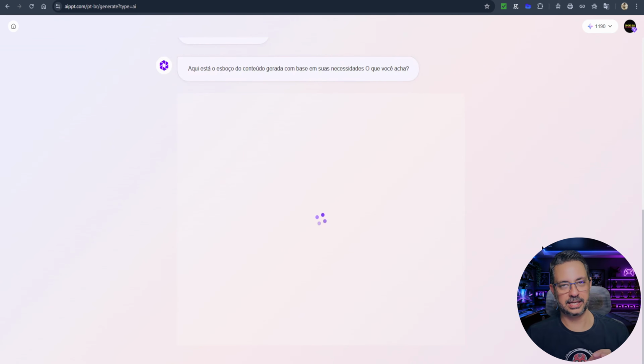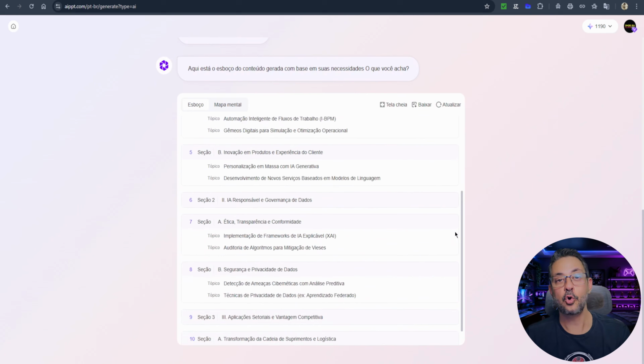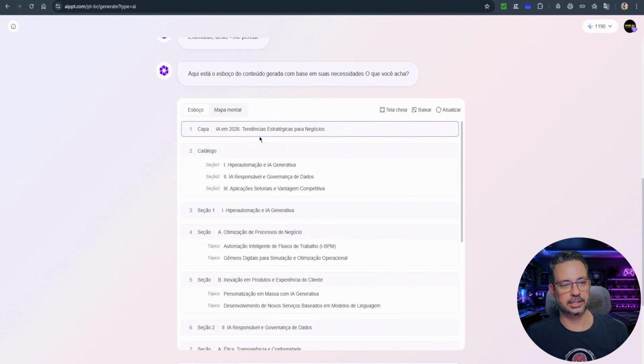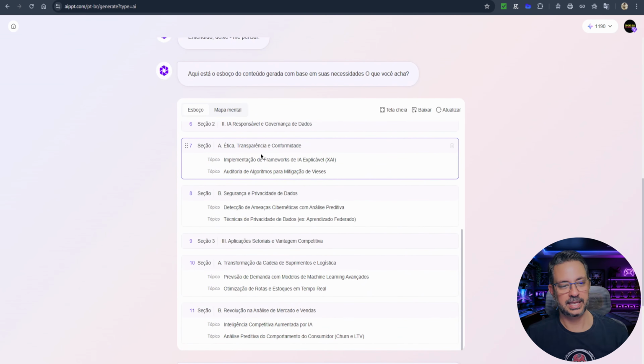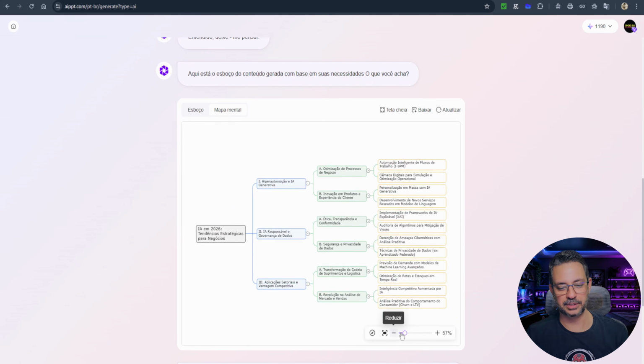The first thing it does is create a plan for me, so I can visualize in real time how my presentation will look. So, see that I have a draft here and I also have access to a mind map. Look how cool that is. So I can see here exactly how my presentation will look and if all the data I want is included